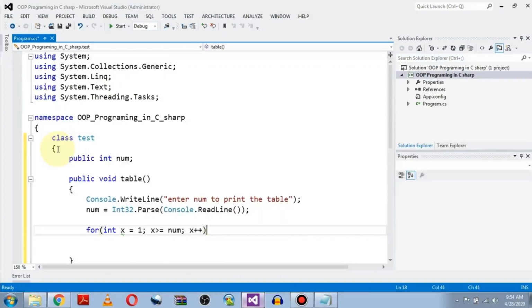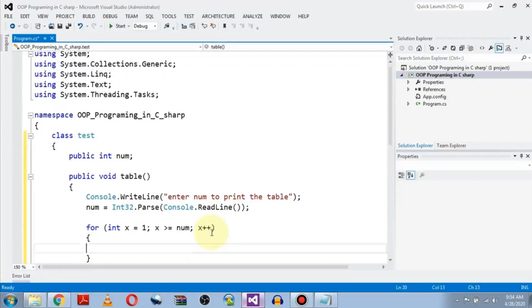So the basic syntax is similar: first declaration and initialization, then the condition, and then the incrementation. Before the incrementation, control goes to the body of the for loop.